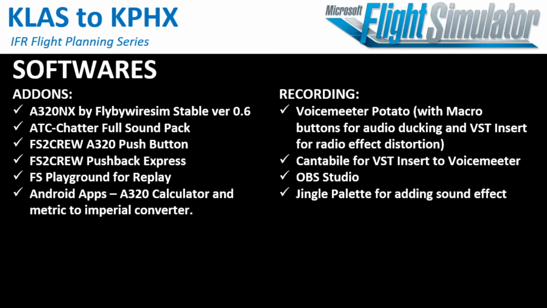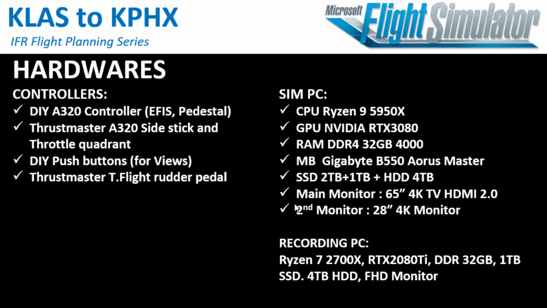And there's Cantabile for VST insert to Voicemeeter, and OBS Studio Jingle Palette for adding sound effects. I'm putting in boarding sound, passenger sound, captain sound, whatever I require to play. And the hardware, of course,